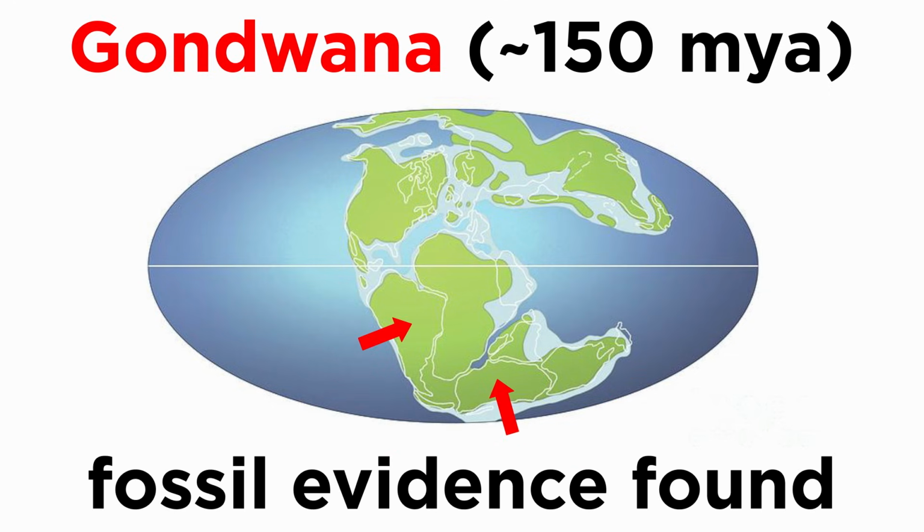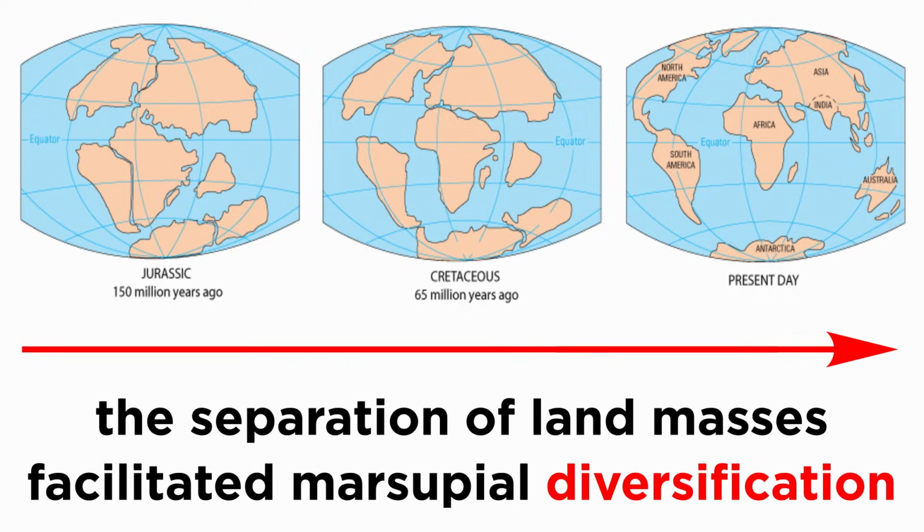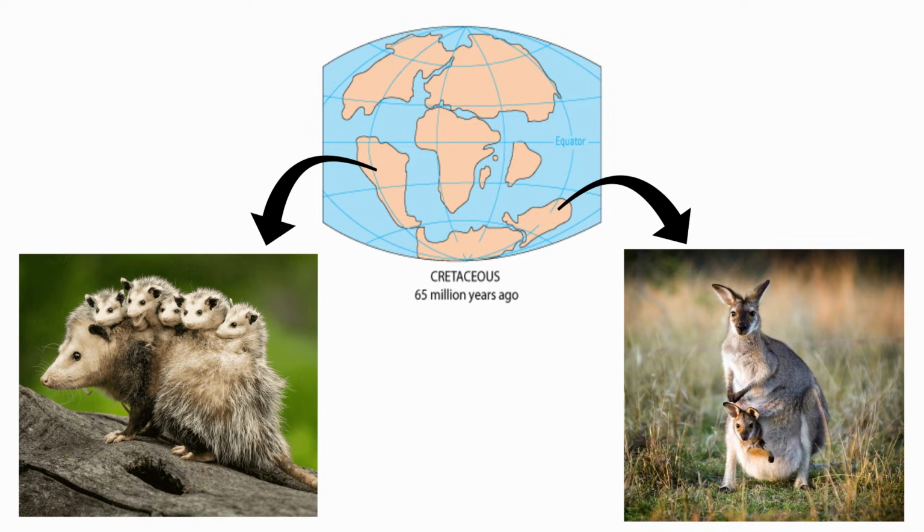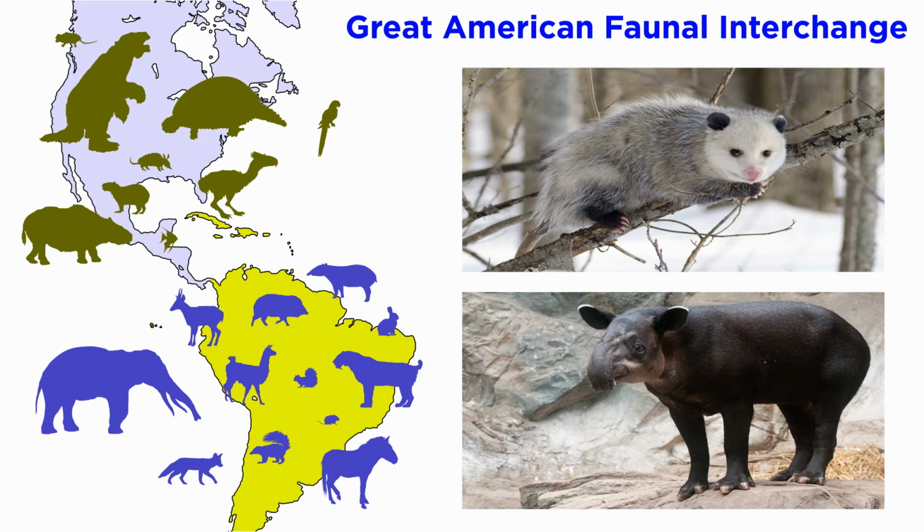Fossil evidence indicates their presence in South America and Antarctica during the late Cretaceous period. The separation of Gondwanan landmasses facilitated marsupial diversification. In Australia and South America, isolation led to unique adaptations without competition from placental mammals, though this isolation ended in South America with its subsequent connection to North America through the volcanic Isthmus of Panama, thus resulting in the Great